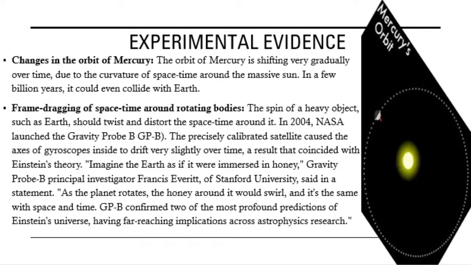Okay. So, now let's talk about the evidences. Changes in the orbit of Mercury, which is shifting very gradually over time due to the curvature of space-time around the massive sun. In a few billion years, it could even collide with Earth,